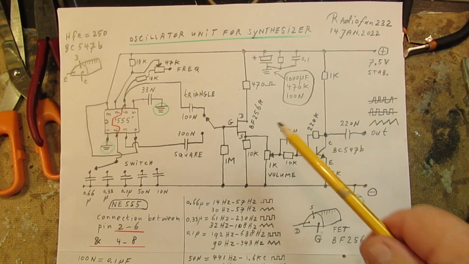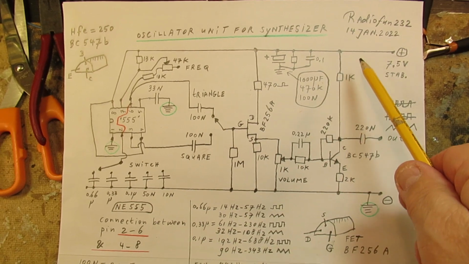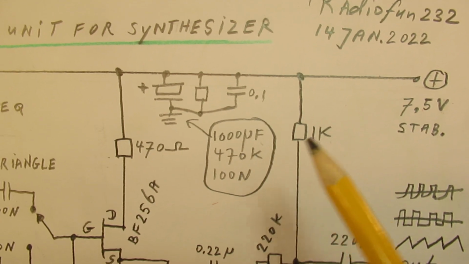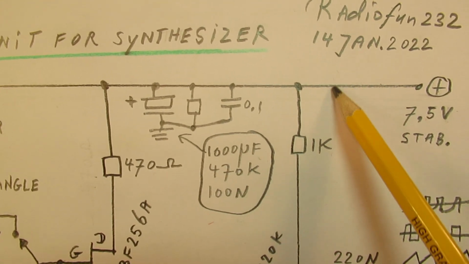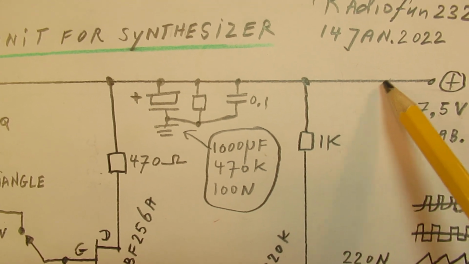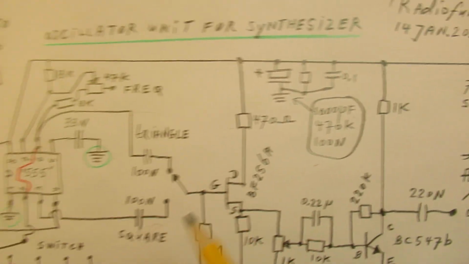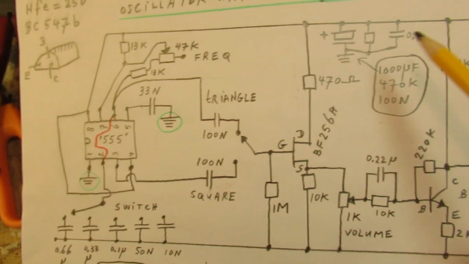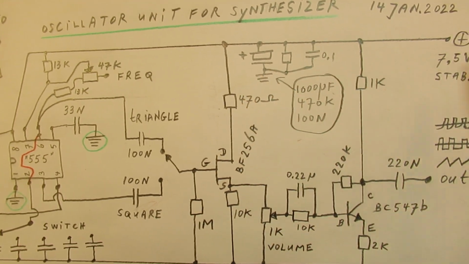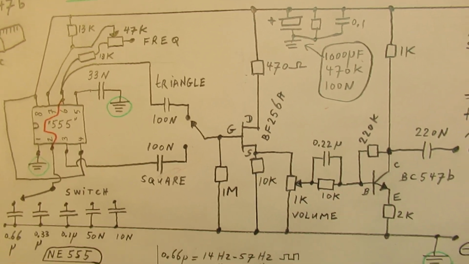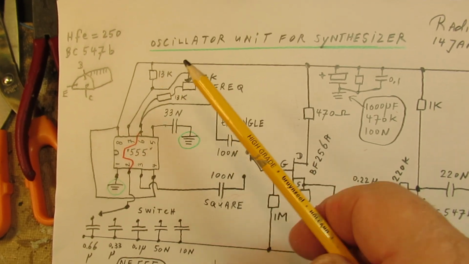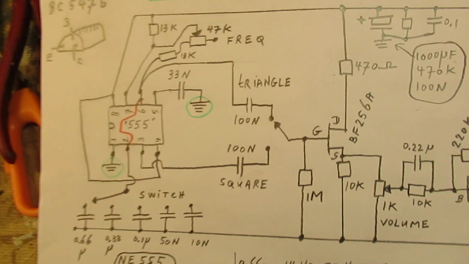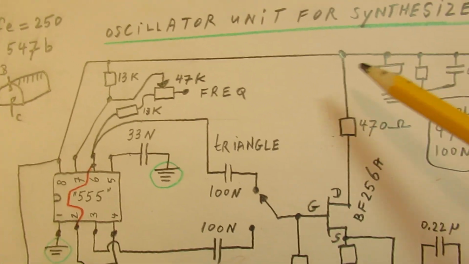First good idea is to decouple the power supply. So for instance here now I have made a decoupling unit. You can decouple it much better by using a resistor here, say 100 ohms or so. That means that frequencies that are generated inside such a circuit cannot travel over the power supply lead and give problems. Another good idea to damp parasitic oscillations is, of course, the standard capacitor here